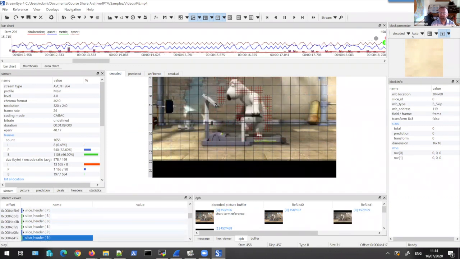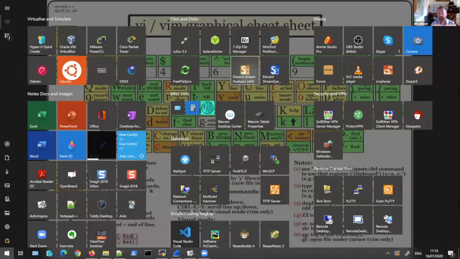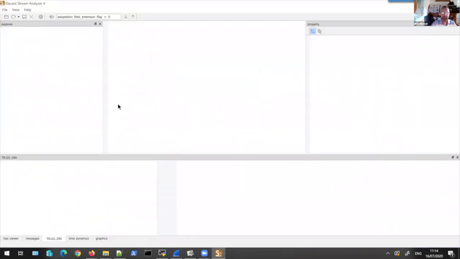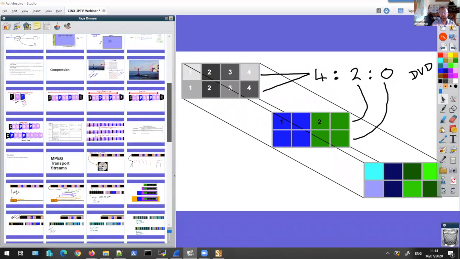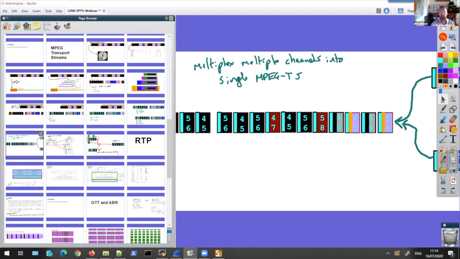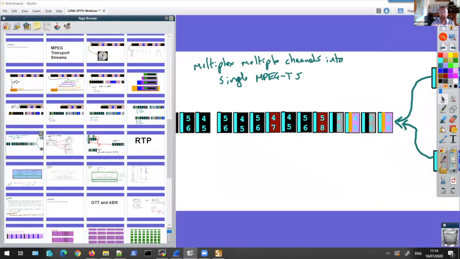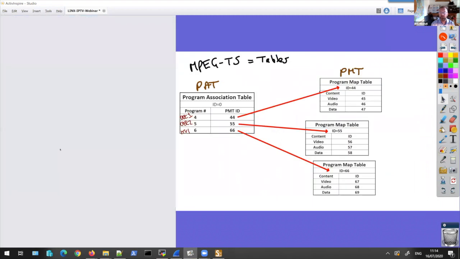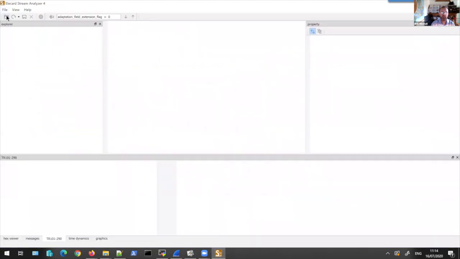So you've seen that. The other thing I'd just like to demonstrate is I'm going to open a transport stream analyzer. Now, we talked about the Mpeg transport streams, and we said that an Mpeg transport stream can have multiple TV programs or video channels in a single Mpeg transport stream. And we said that we need tables to be able to interpret all those different video channels in the Mpeg transport stream. And if I open up this little analyzer here,